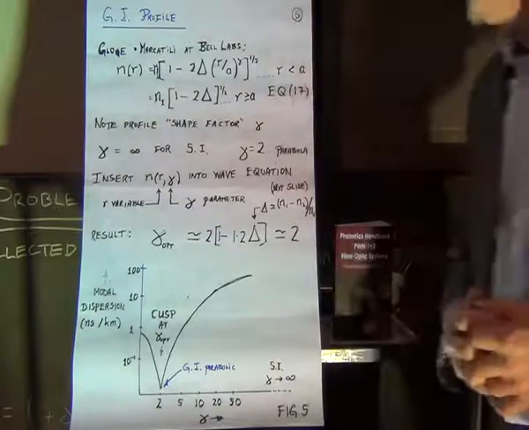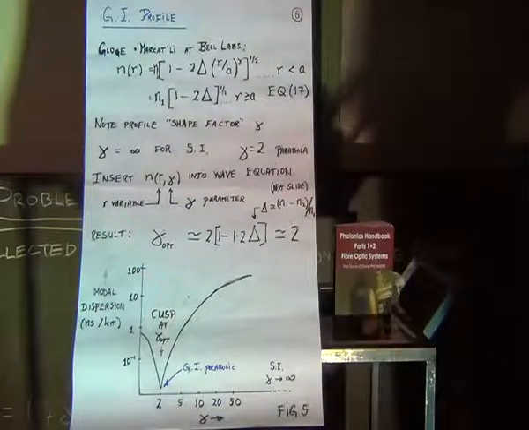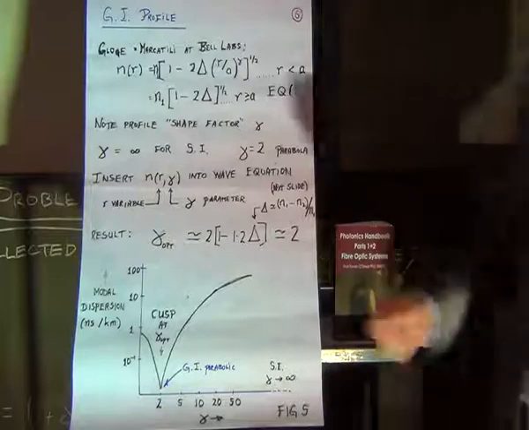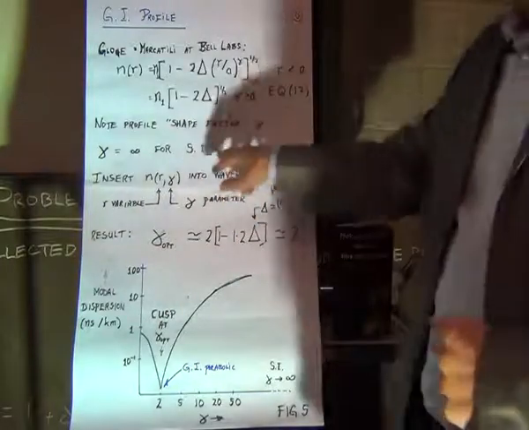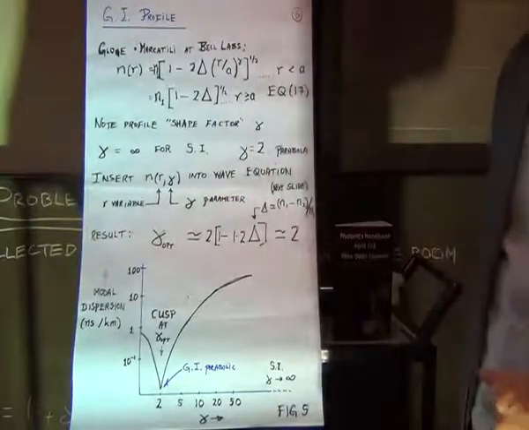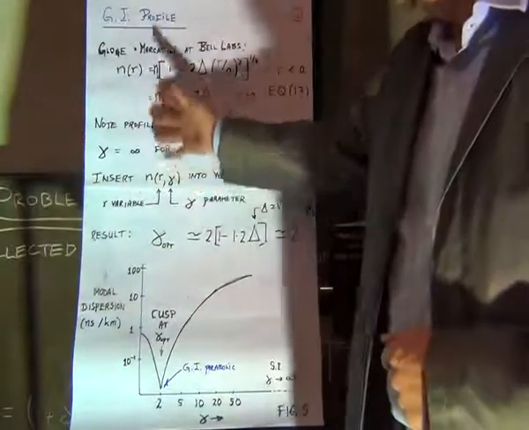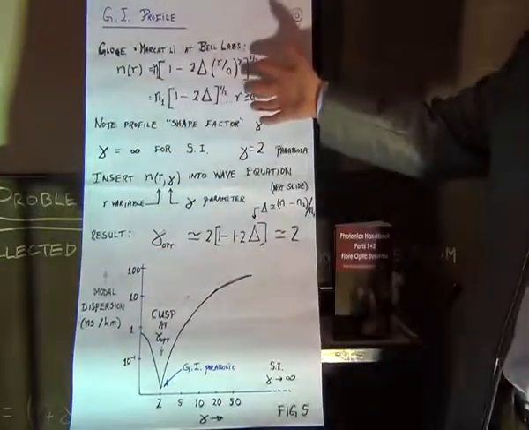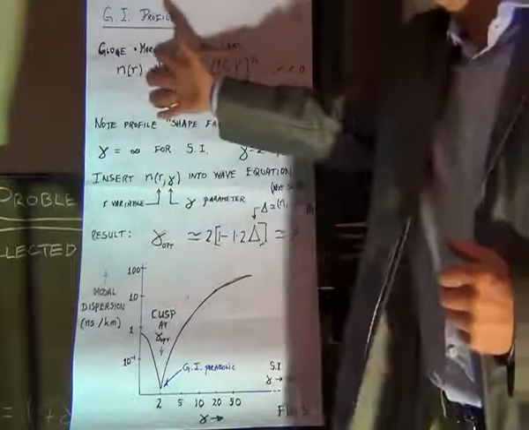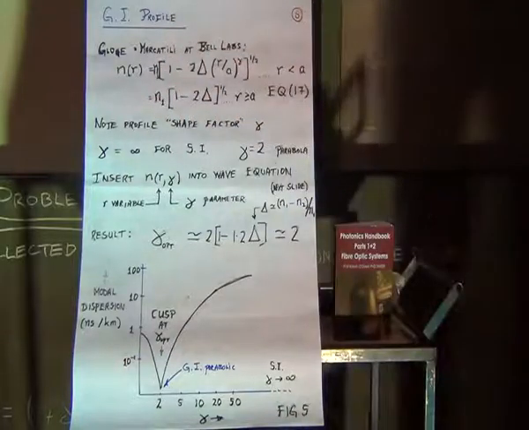And actually, what they found was most surprising and well worth a PhD. Because at that particular value, gamma equal to 2, when you put these equations, and I'll show you in a minute how to do that, when you put that equation into the wave equation,